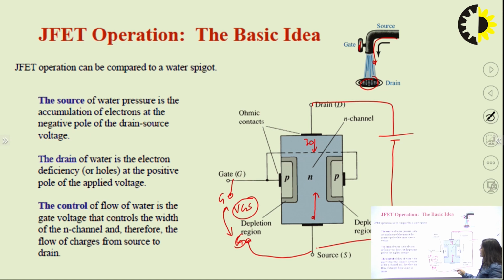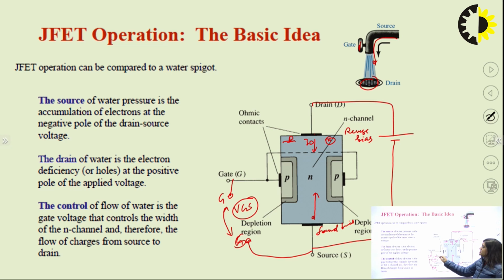We have connected the drain in a positive way and the source in a negative way. This drain is N type and it is connected with the positive supply. It means it is reverse bias. This source is connected with the negative supply, so this part is forward bias. Moving from top to bottom, reverse bias is decreasing. At the drain side reverse bias is high, and at the source side reverse bias is less.